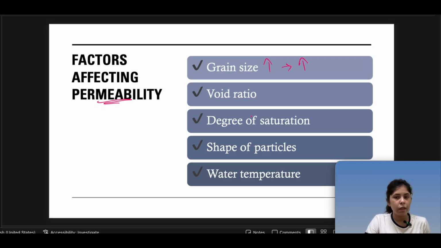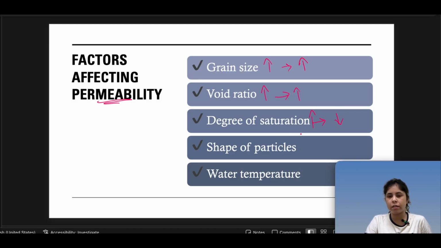Void ratio. If void ratio is good, then there can be a chance that permeability is more. It can be low also, depends on the type of soil, right? Degree of saturation. If the water is already filled everywhere, if saturation is more, permeability will be less. Shape of particles depends, if it's flaky or angular,